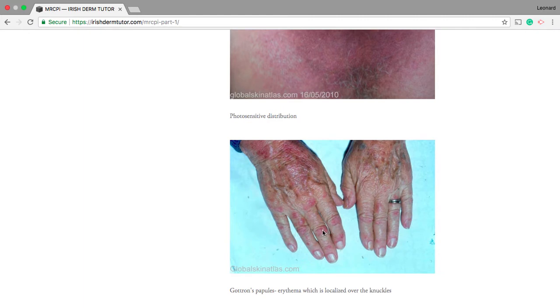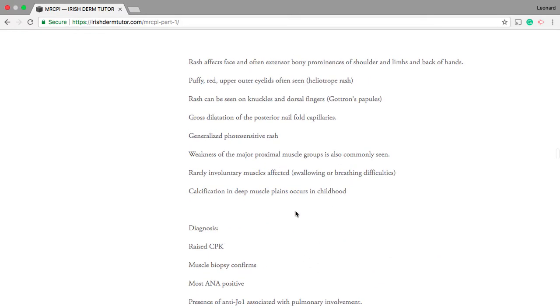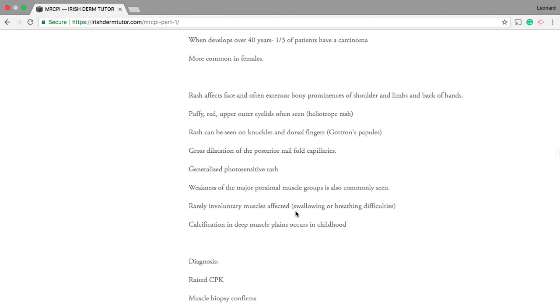are simply papules or plaques that are located on the knuckles and joints of the small joints of the hands. If you get a rash in lupus around this area, the rash is often seen in between the knuckles and the joints of the hands. If you look at the nails, you can often see gross dilatation of the posterior nail folds, and